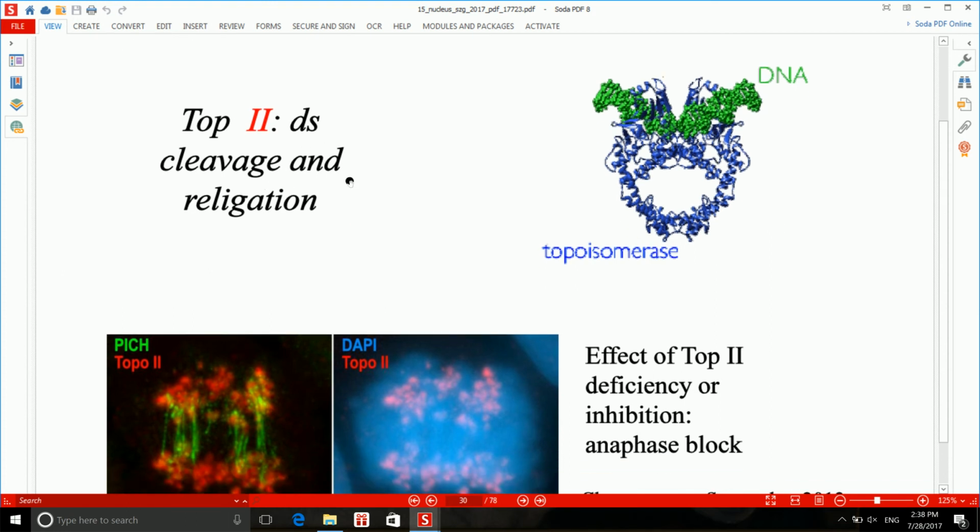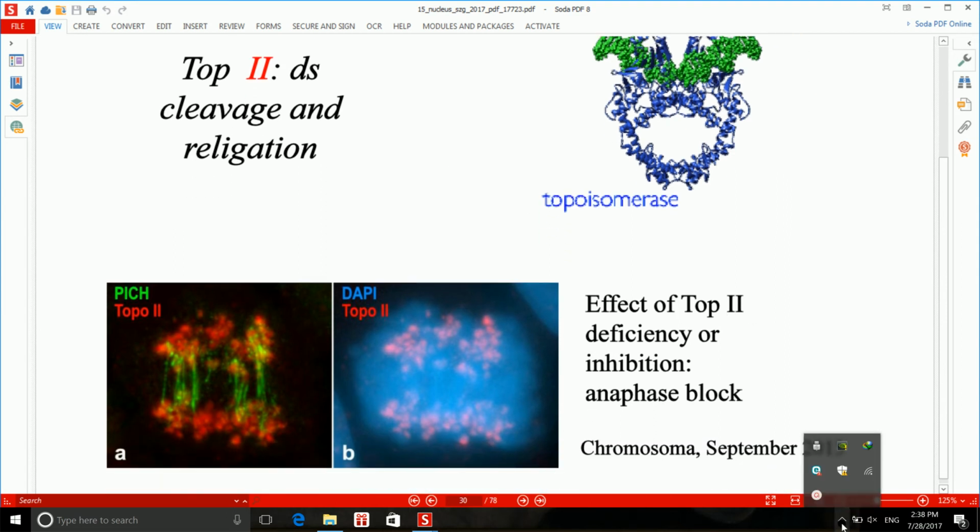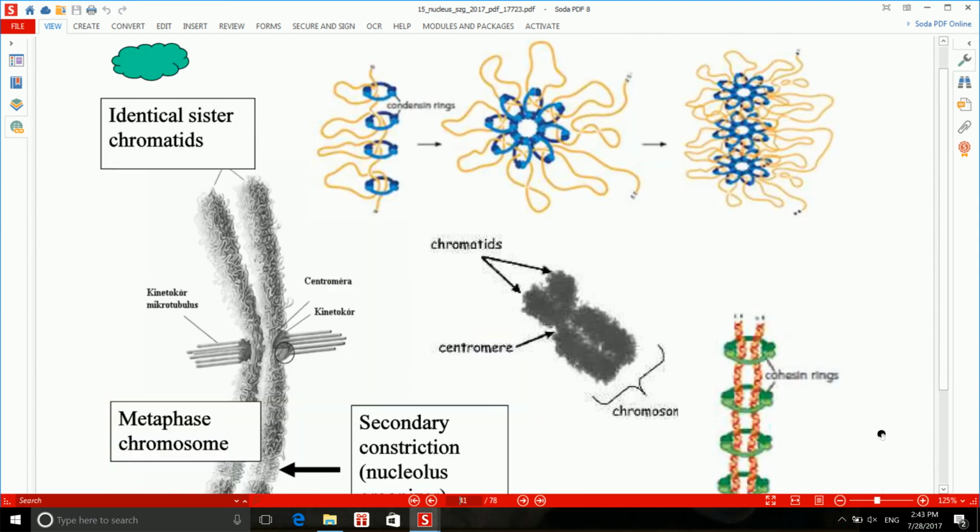So these two, that topoisomerase 1 is for single strand and topoisomerase 2 is for double strand, are the important features of topoisomerases that you need to know for your exam. So now I'm going to talk about something that most of you know either from genetics or high school or